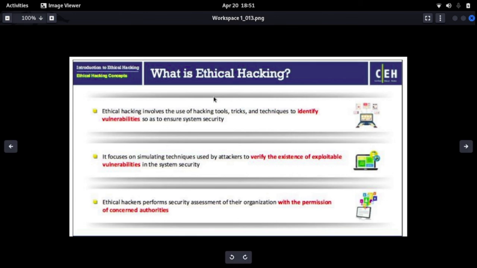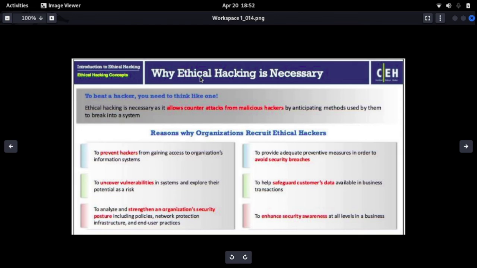Okay? So ethical hacking involves the use of hacking tools, tricks, and techniques to identify vulnerabilities so as to ensure system security. Don't forget. Why is ethical hacking necessary? I will share all of these things with you so you can learn more about why it is necessary for ethical hackers. Reasons why organizations recruit ethical hackers: to prevent hackers from gaining access to the organization's information system, to uncover vulnerabilities in the system and exploit their potentials